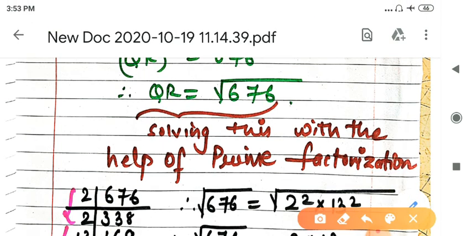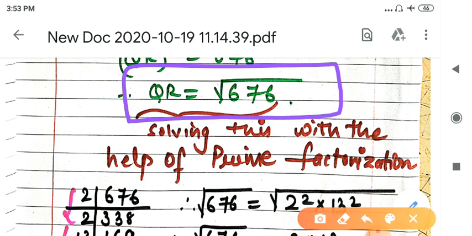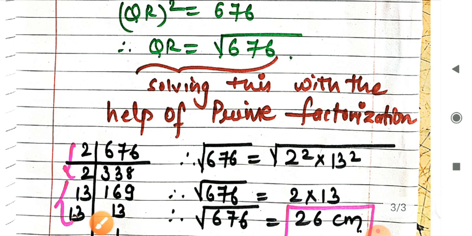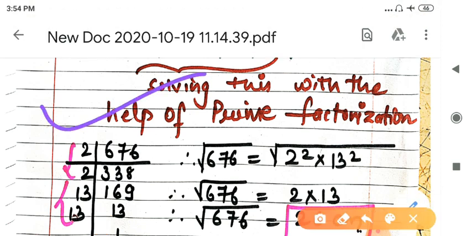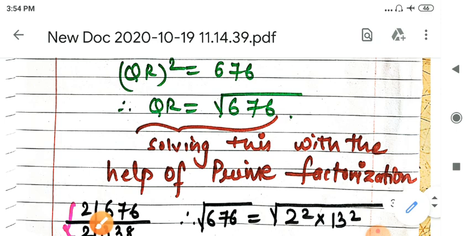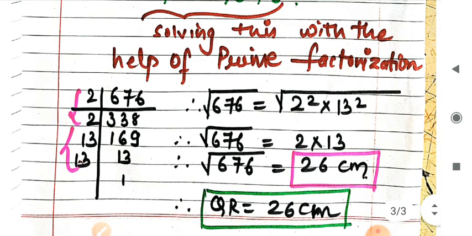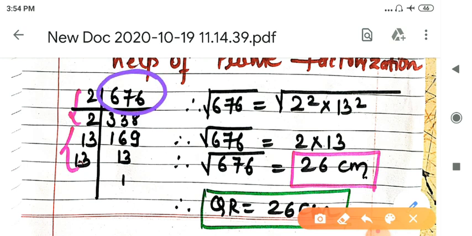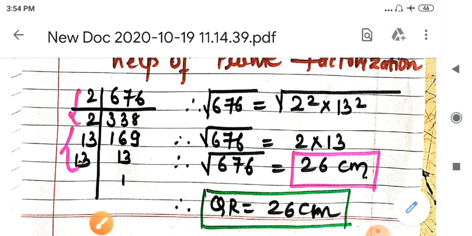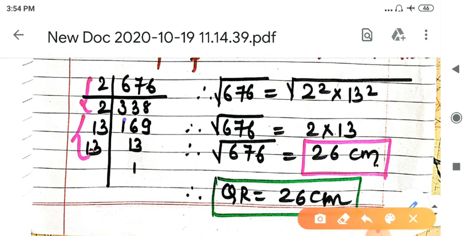Solving this, now most of the students don't know how to solve this. Fine, so let us solve this with the help of the prime factorization method. Let us learn what the prime factorization method is. Solving this square root using the prime factorization method, you have to find out the factors of 676. See, 676 can go with 2 as it is a prime number. So we will start dividing it. 2 3s are 6, 2 3s are 6, 1 left, 2 8s are 16. Double 3 8, again it will go with 2. 2 1s are 2, 2 6s are 12 and 2 9s are 18.